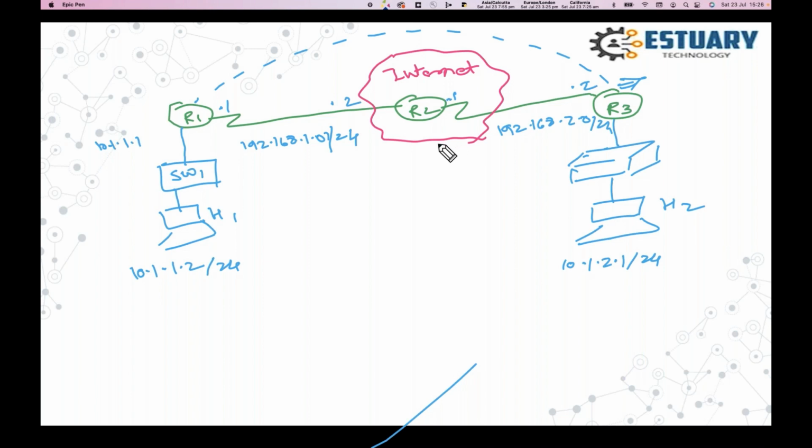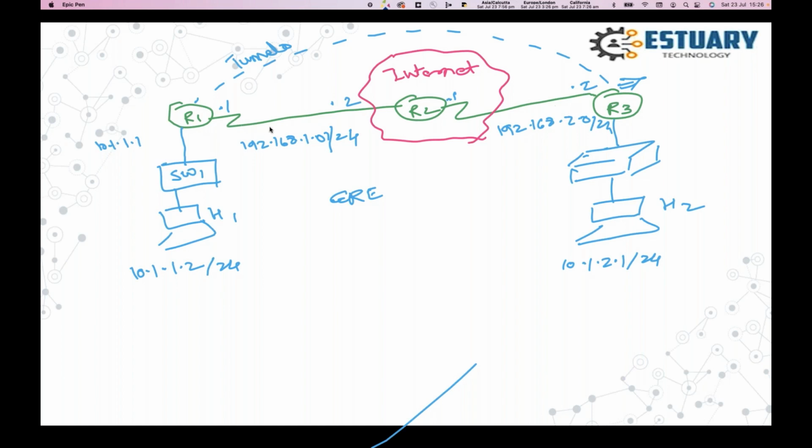eBGP. eBGP is the protocol for routing, but when I say tunneling method, you can use either GRE or IPsec. Perfect. So I'm talking here about a GRE tunnel. Now I am actually creating a logical interface, let's say, for example, tunnel 0, and I'm reaching to another side, which is R3. Yeah, I'm reaching the other side logically.